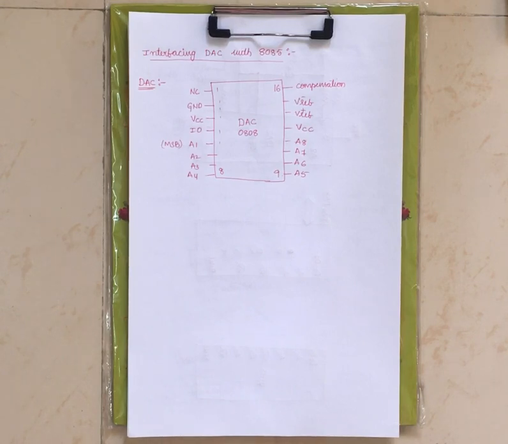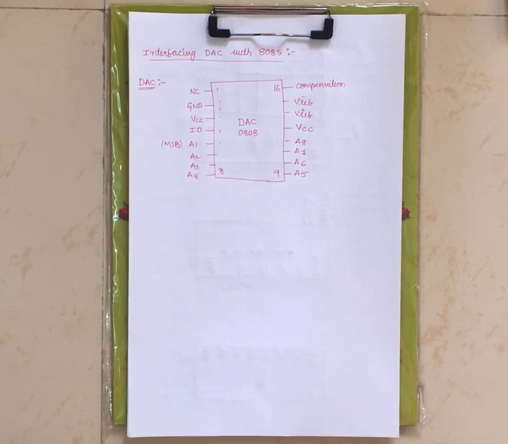Now whatever pins we have seen till now, whether it may be 8085, or 8051, or 8255, nothing but general purpose IO, all those are 40 pin ICs. We have seen 8085 basic microprocessor, which is a 40 pin IC, and after that we have seen 8051 microcontroller, which is also a 40 pin IC. Recently we have seen 8255 general purpose IO device, which is also a 40 pin IC. Now coming to DAC 0808.